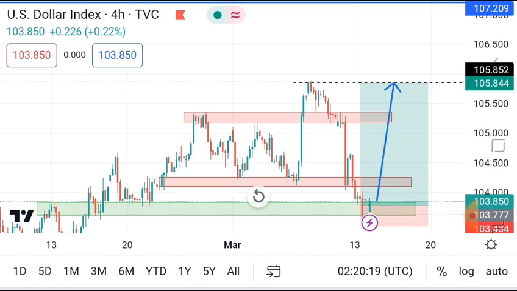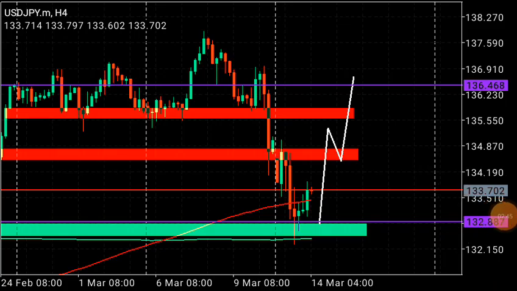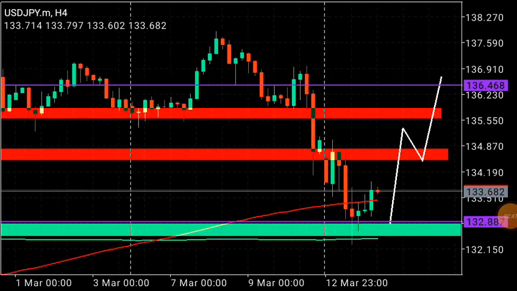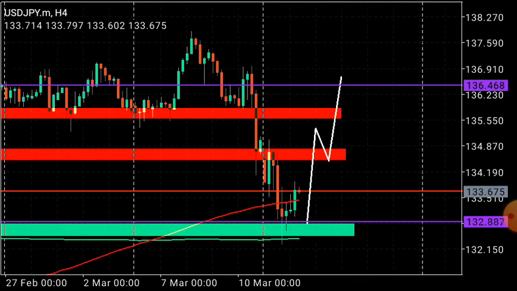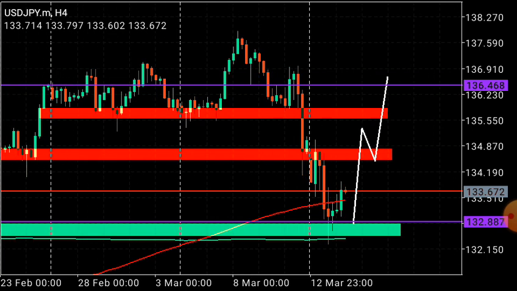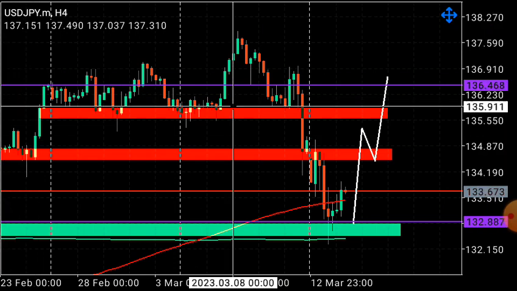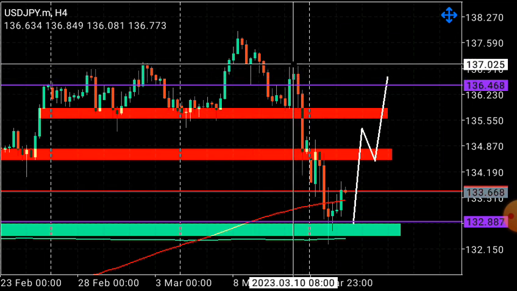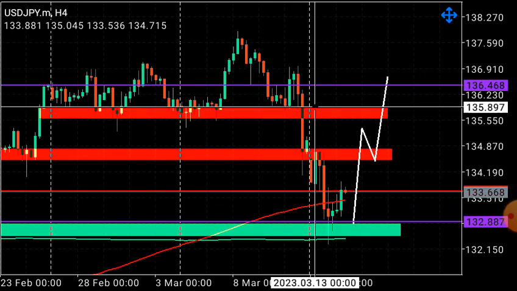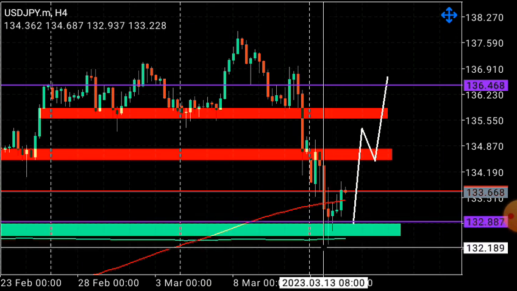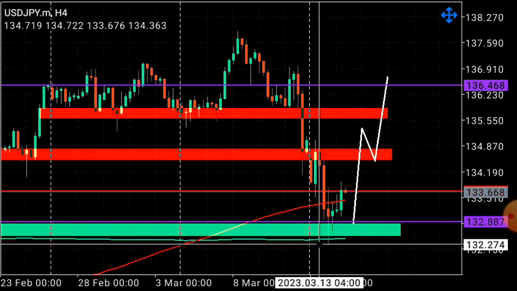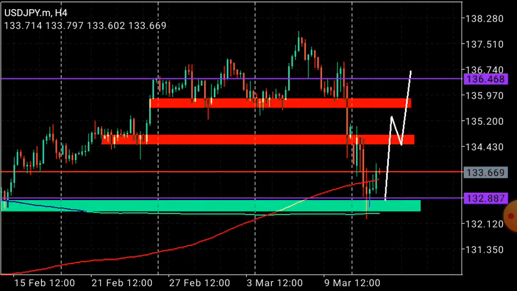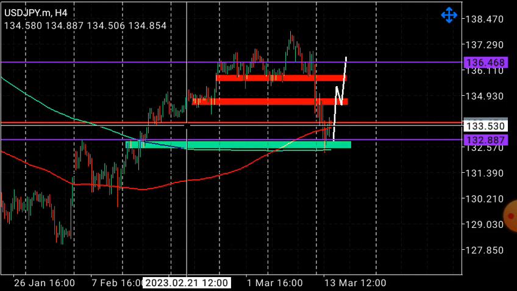Let's go to the real charts on MT4. Taking a look at the USDJPY on the 4-hour time frame. On USDJPY, we had a negative movement during NFP. Price rejected, broke out of the zone, impulse, pulled back, tested the previous breakout, and we had a plummet to the downside. Currently we tested 132.274.